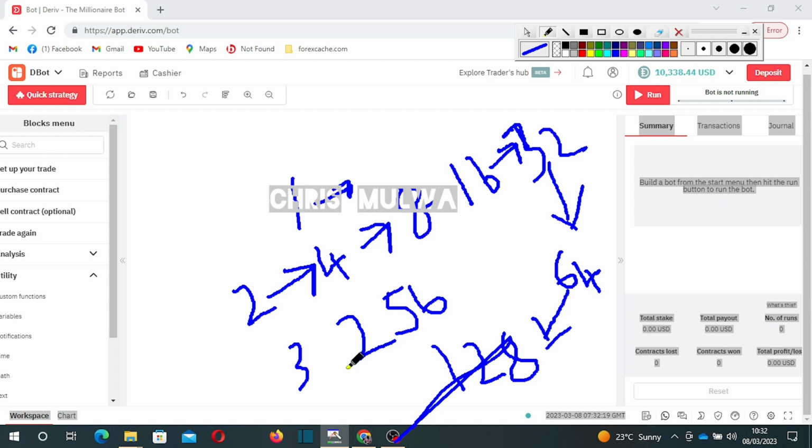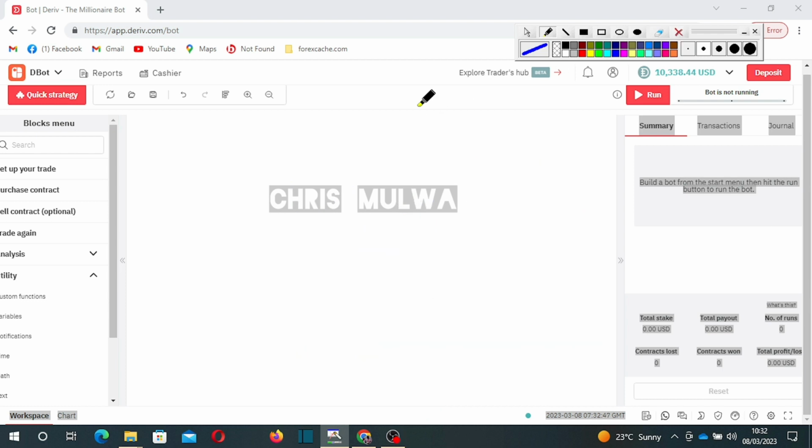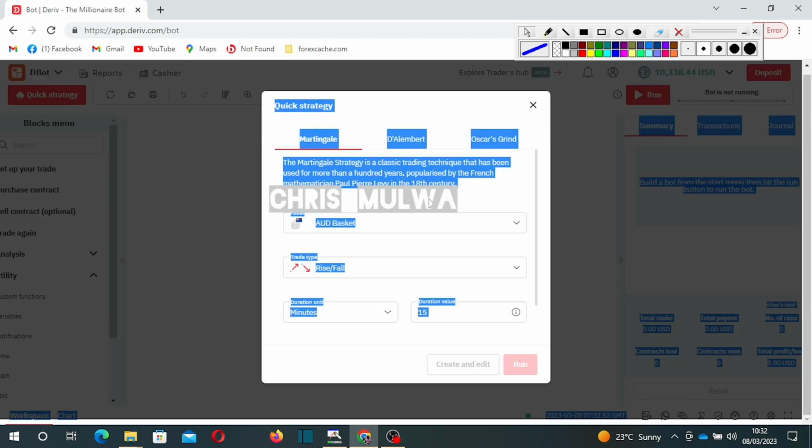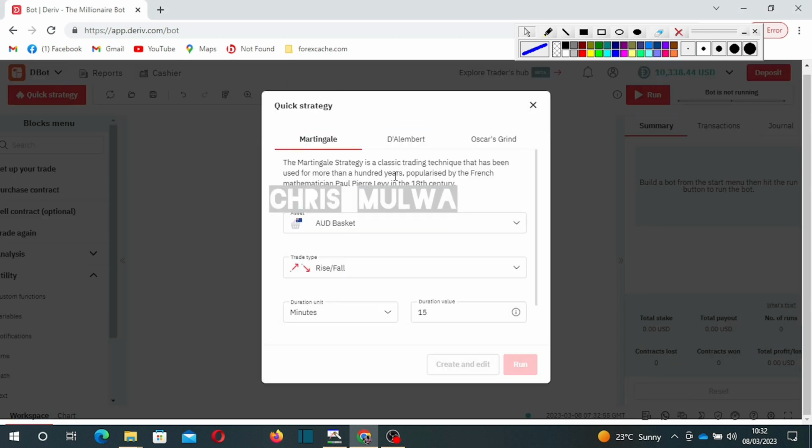loss. Then after that, you will have around $512. So that is why Martingale is again very dangerous. It is very dangerous when it is multiplying the stake. So your contract increases and increases. So that is why the D'Alembert